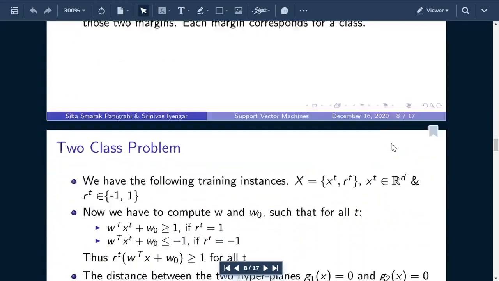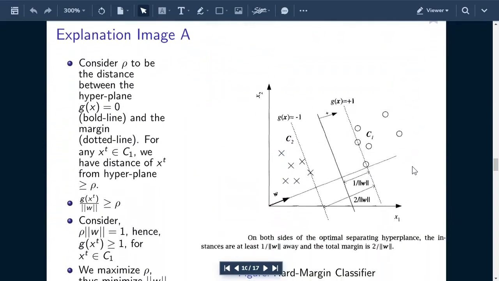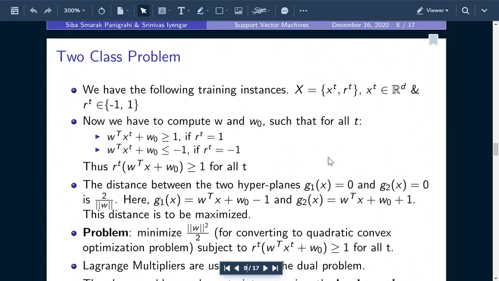So if we see the picture again, here is the picture. This middle line, the bold line, this one. I hope you can see my cursor. Even if not, this bold line, not the dotted lines, is called g of x equal to 0, or the hyperplane. And the two dotted lines you are able to see are called the margins. So what is our aim? Our aim is to keep as much distance as possible between these two margins. Clear? So let me revise. What is support vector machine? It is simply designing a hyperplane along with two margins and keeping as much distance as possible between these two margins.